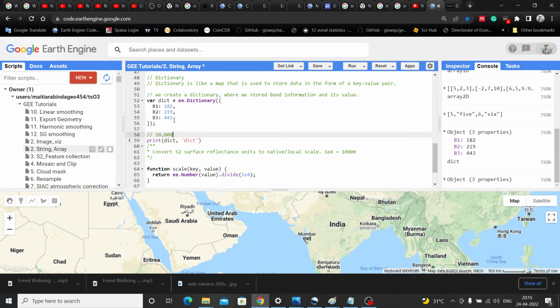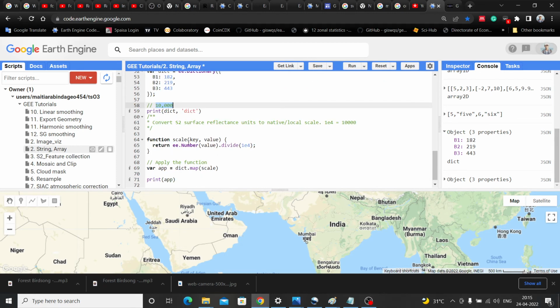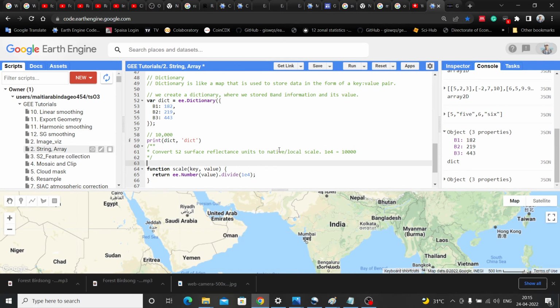So I want to divide all these bands by the scale factor. So you need to create a loop function that will help to multiply or divide each band value by the scale factor.